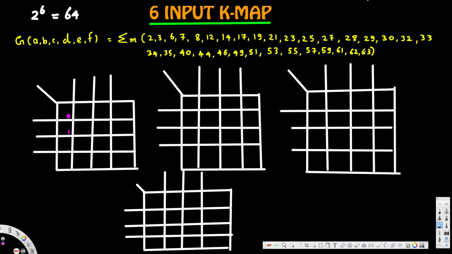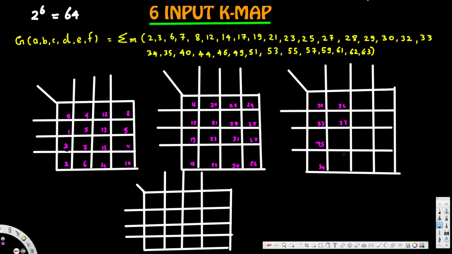Okay, 0, 1, 2 should be here. 0, 1, 2, 3, 4, 5, 6, 7, 8, 9, 10, 11, 12, 13, 14, 15, and then 16, 17, 18, 19, then 20, 21, 22, 23, then 24, 25, 26, 27, 28, 29, 30, 31, 32, 33, 34, 35,